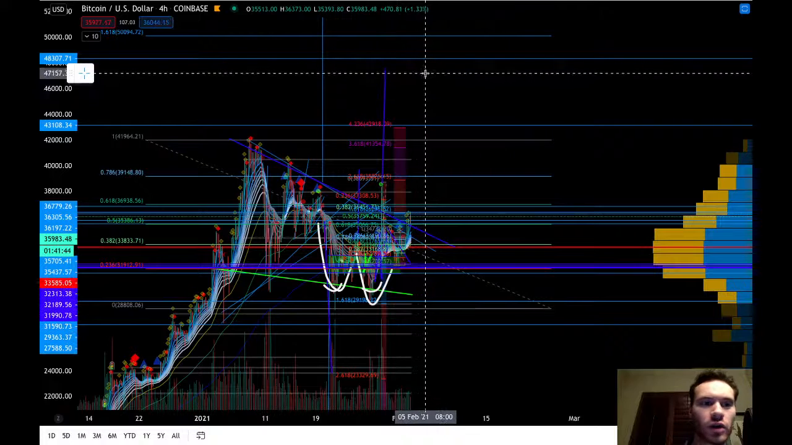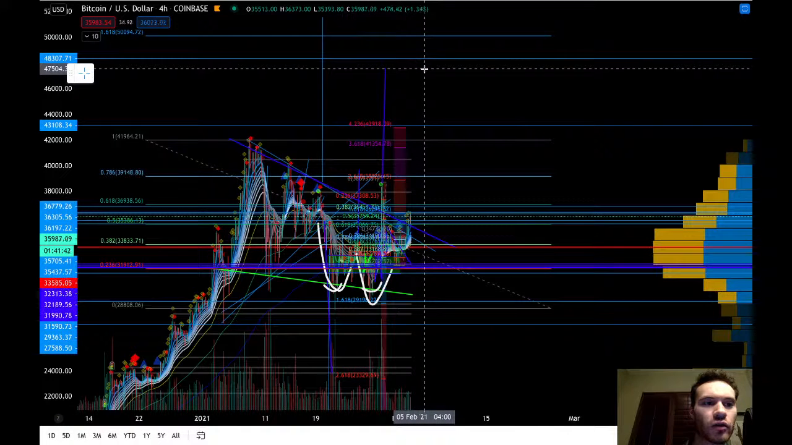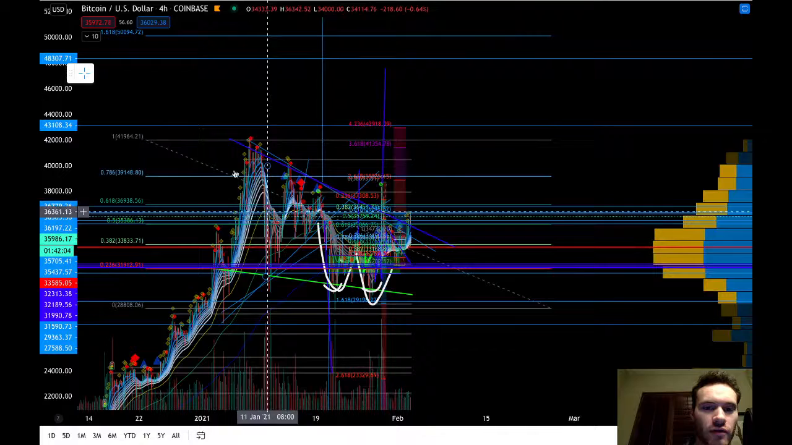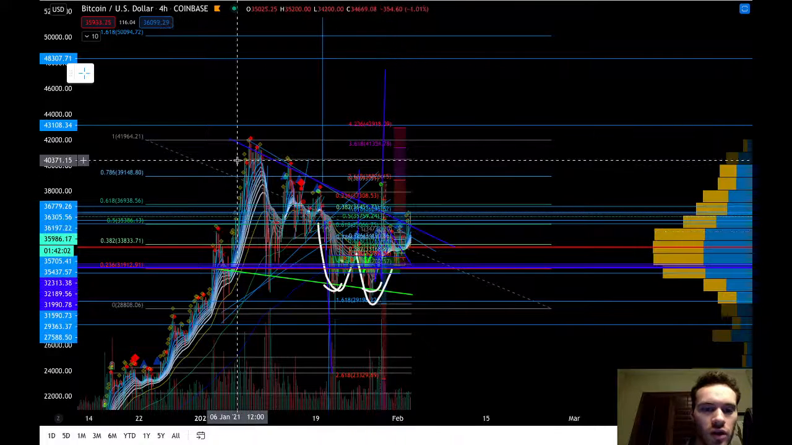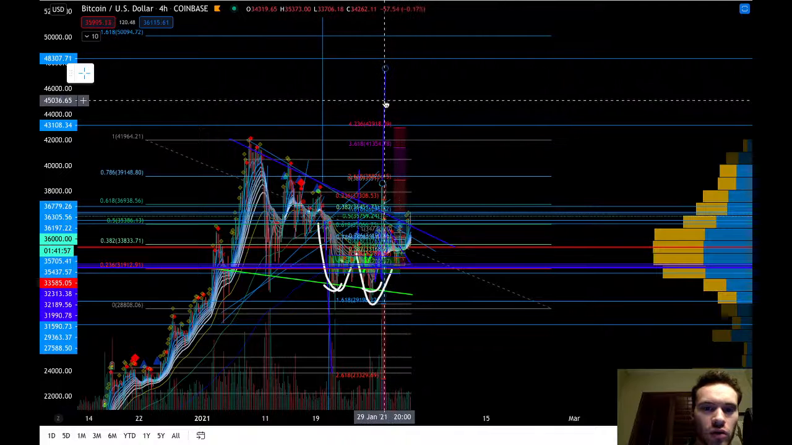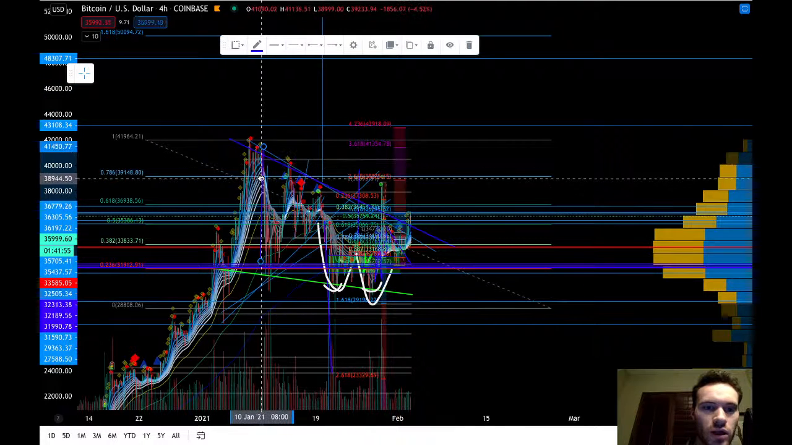Alright, let's see. 47,500, potentially, is the measured move off of this double bottom pattern. And then essentially you would have more macro moves right off of this. You would have this pattern playing out. Potentially you could have a ginormous double bottom right here playing out. And so that would be,